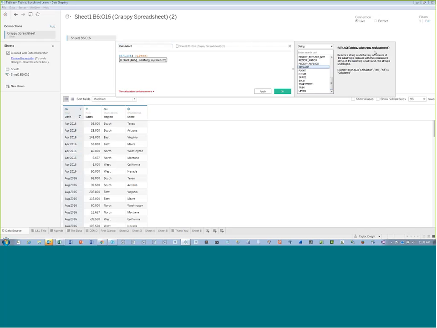Now, the replace function takes three values. It takes the original field, which we know is our date. It's a string value. The second argument is what string do you want to replace in the field? In our example, we have a 3-character month acronym, a blank space, and then a 4-digit year. So we want to replace the blank space,